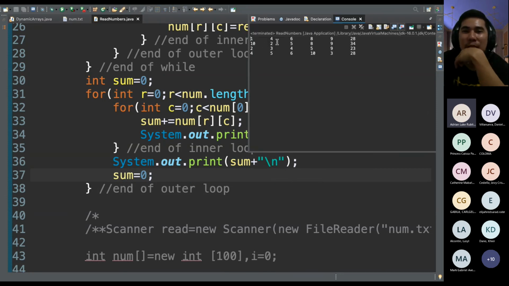Ayan. So, 1 plus 4 plus 6 plus 8 plus 9, 28. 10 plus 2 plus 5 plus 8 plus 9, 34. 2 plus 3 plus 4 plus 5, 23. 23 na siya. 4 plus 5, 9 plus 6, 14. 15 plus 10, 25, 28. So, 28. So, don't ask me na isolve ni siya padulong dire, padulong dire, kay murag